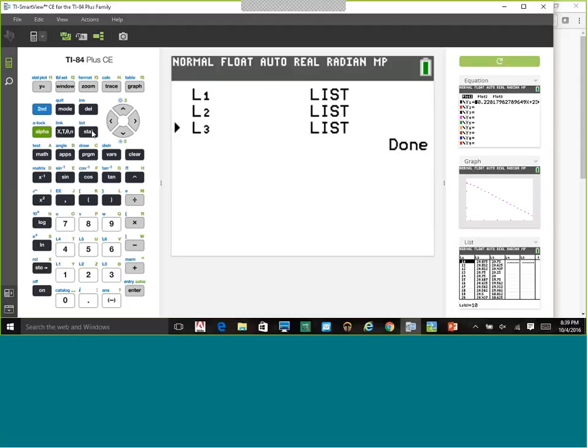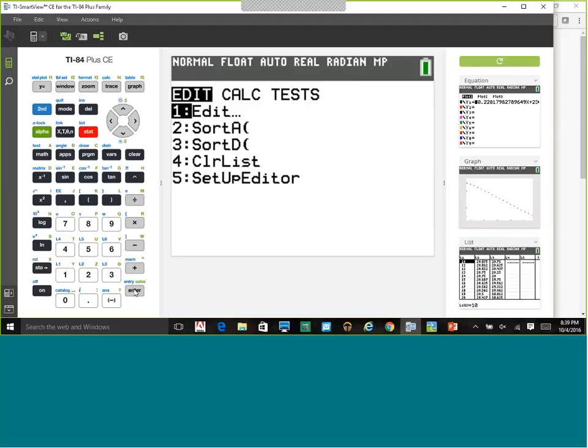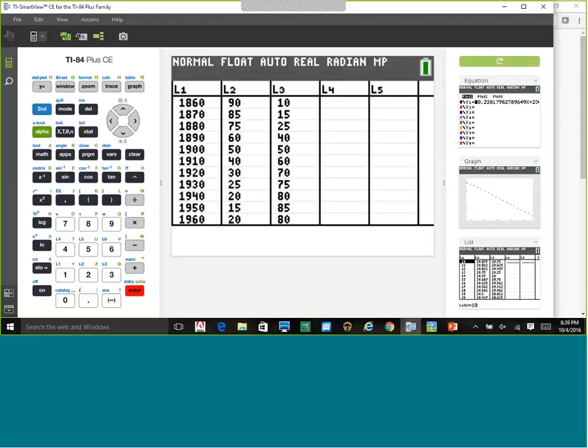Okay, and now when I come back to my list and hit enter, all the data is entered. So I hand entered this data previously. I'm just going to put it in the list now for you to see. Once you have hand entered the data into your list, the interesting thing, of course, to do is to see that